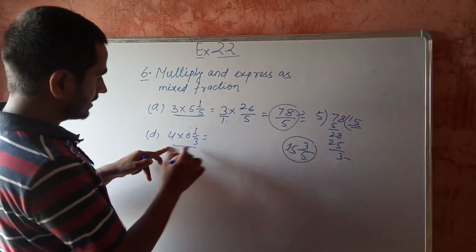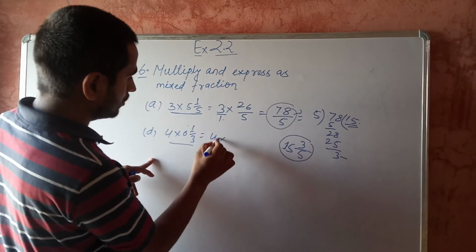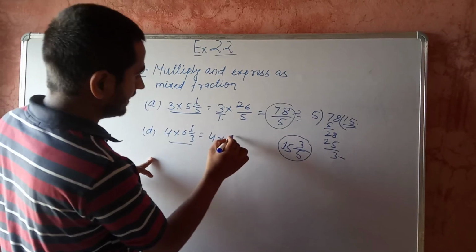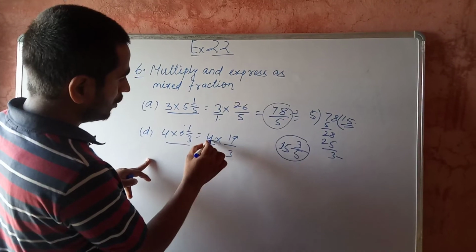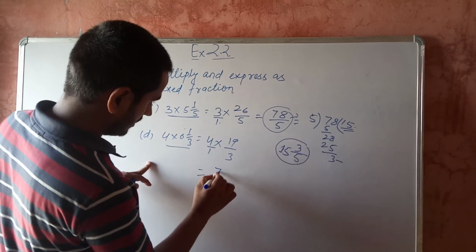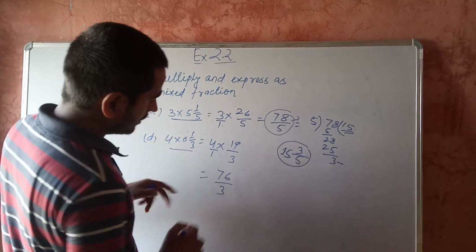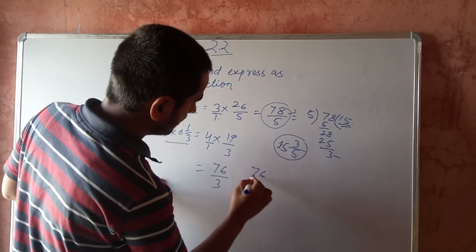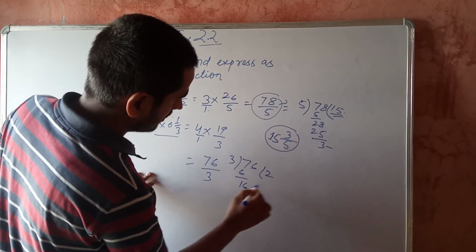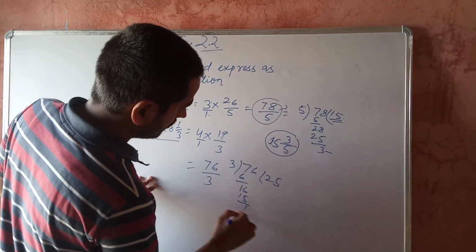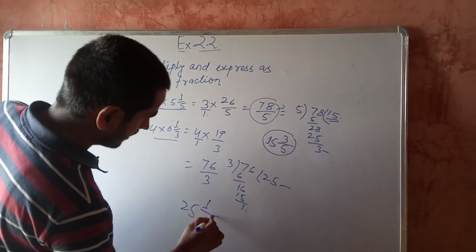Now we will solve this. We will convert this mixed fraction into improper fraction. So 4 into 6, 3 6's are 18 plus 1, 19 by 3. We can write this 4 as 4 by 1. Now 4 into 19, 76, okay, and 1 into 3, 3. Now on dividing 76 by 3, 3 2's are 6, 7 minus 6, 1, 3 5's are 15, 1. This will be written as whole part 25, this as numerator, and this 3.